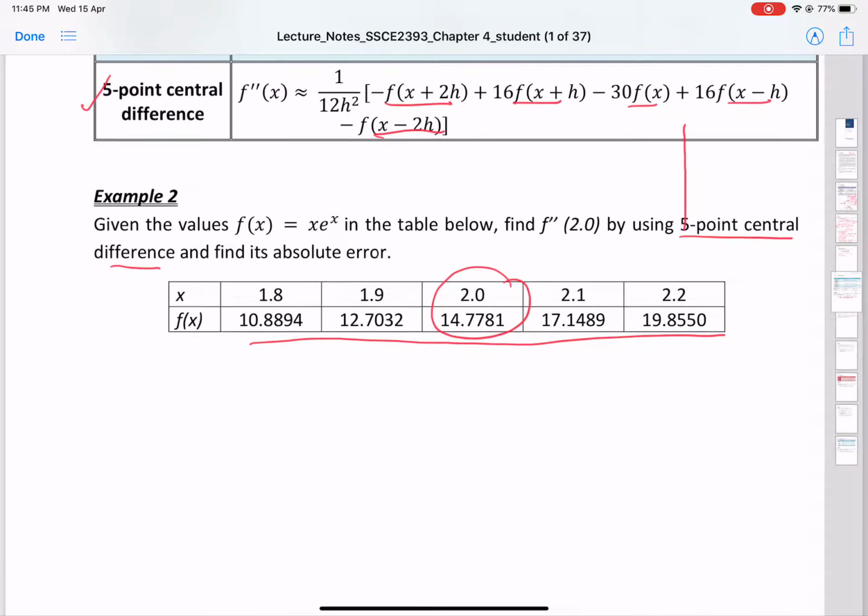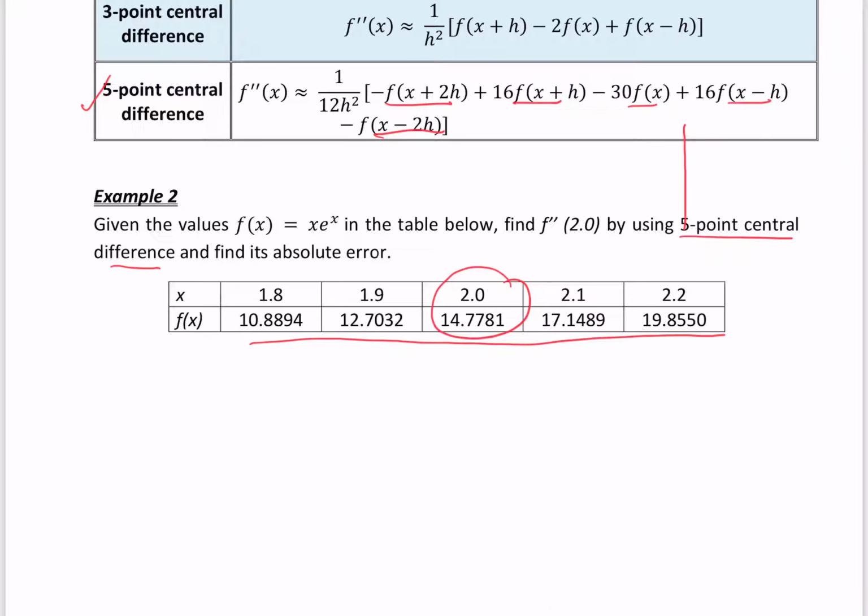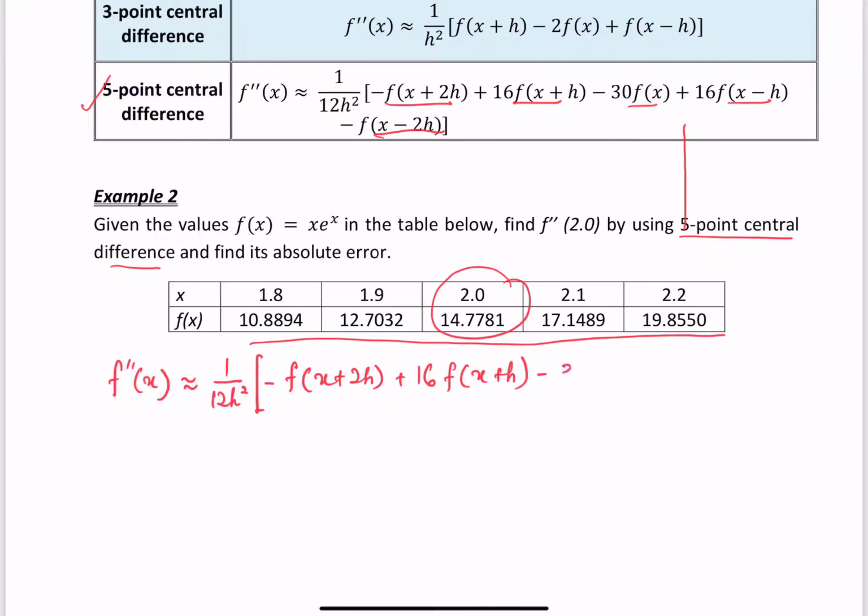So you just write back the formula for the 5-point central difference formula, and it is given by f double prime x approximately 1 over 12 h square, and then everything you must multiply by minus f(x plus 2h) plus 16 f(x plus h) minus 30 f(x) plus 16 f(x minus h) minus f(x minus 2h). And here I think we will use all these points: 1, 2, 3, 4, and 5, all the values. And our h is